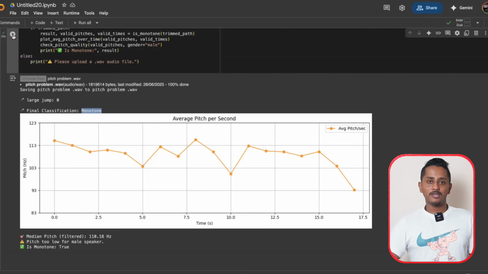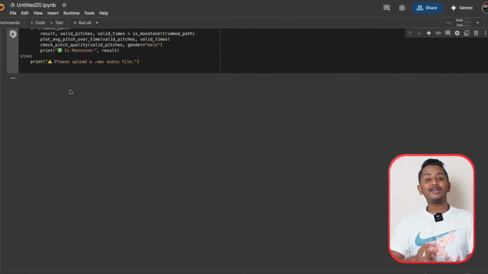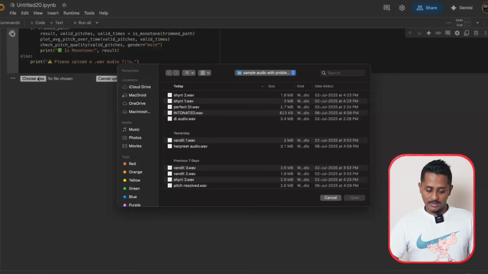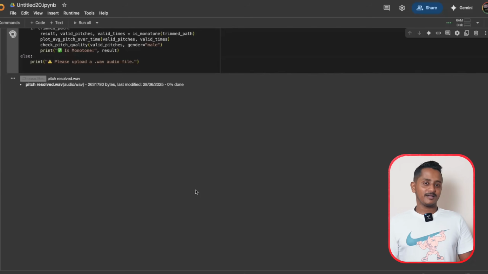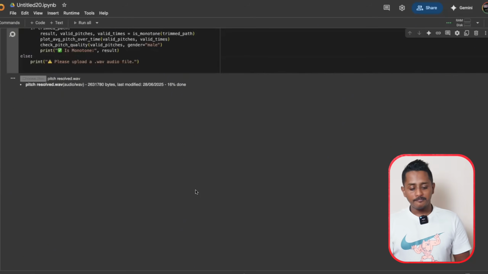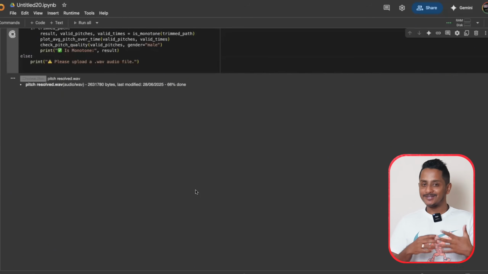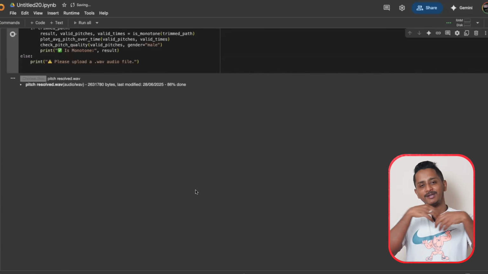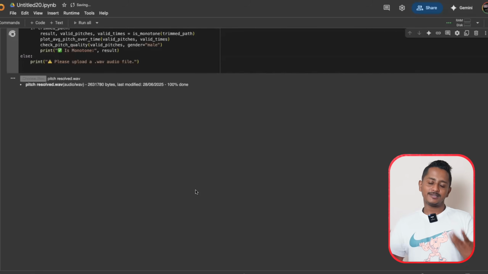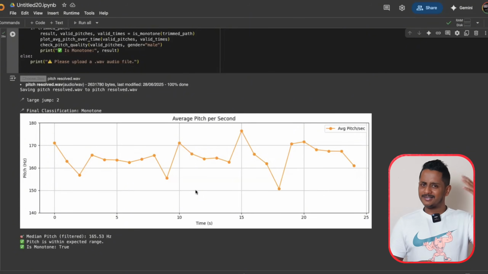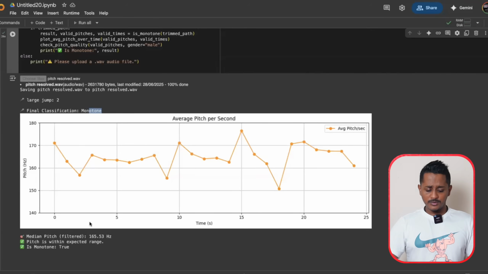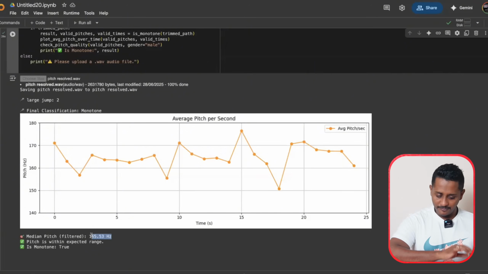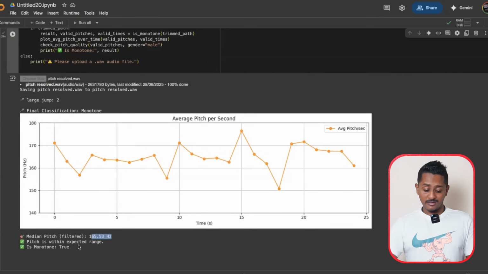Now what we'll do, the same person, we will take up another audio where he has actually fixed it. Alright, I'm just adding it. It was pitch resolved. With this name I had saved it. So now it should obviously say pitch is resolved. So basically this kind of tool will give you a report, will give you more understanding. So instead of simply endlessly practicing somewhere, you can actually get to know whether the problem is there or not. So large jumps 2 is fine, classification monotone, but you see pitch is 165 and is within the expected